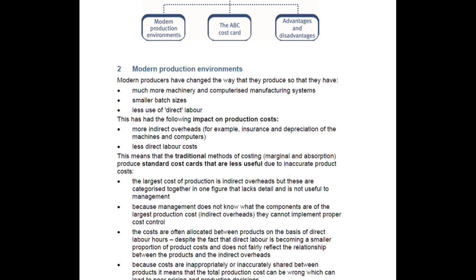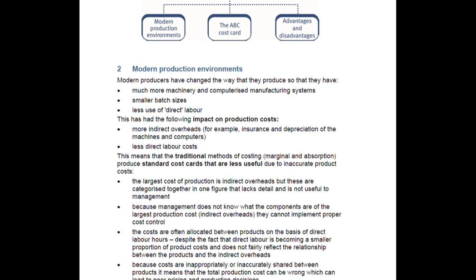Although, comparatively to traditional costing or traditional environment, there used to be manual labor manufacturing systems, larger batch sizes, and larger use of direct labor. This has impact on production cost as there are more indirect overheads and less direct labor costs. So you will see these two criterias are the most important in the ABC. How these two, more indirect overheads and less direct labor cost, are the two main things that is required to